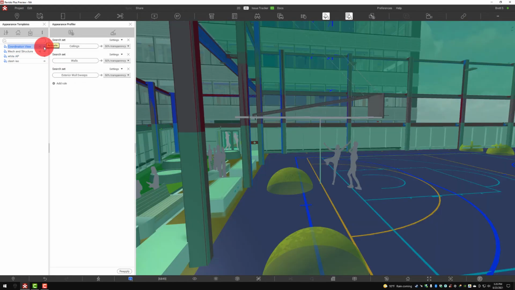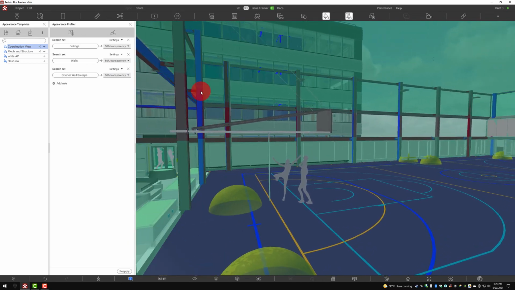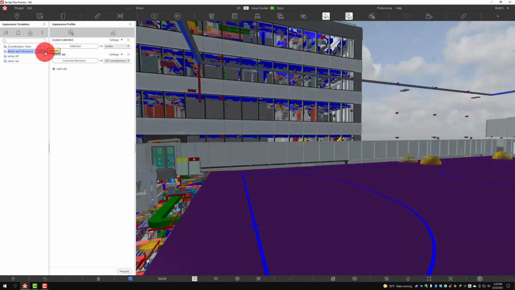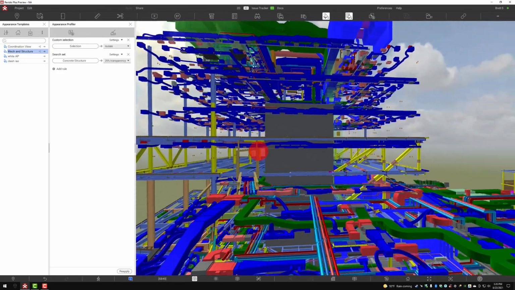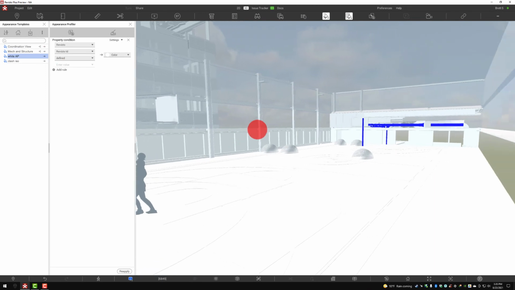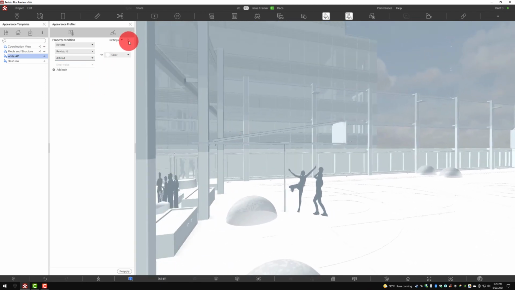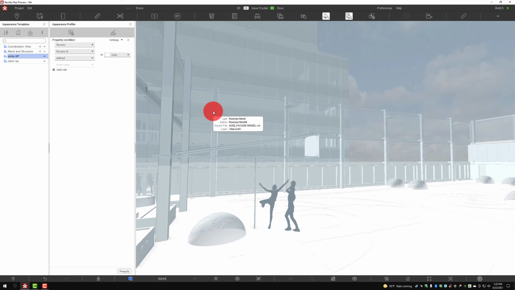If I switch to a coordination view, you can see that it switches to a specific type of view based on the criteria we have in the profile. If I go to mechanical and structure, you're going to see that everything switches to be nothing but structural steel, concrete, and mechanical ductwork. This is because we've set this up in the appearance profiler. Once again, here we can see everything in white, which will play another role inside of the Clash Automation, as this will be our default to make the clashes stick out among all of the other items in here, with the ability to go back to another coordination view.